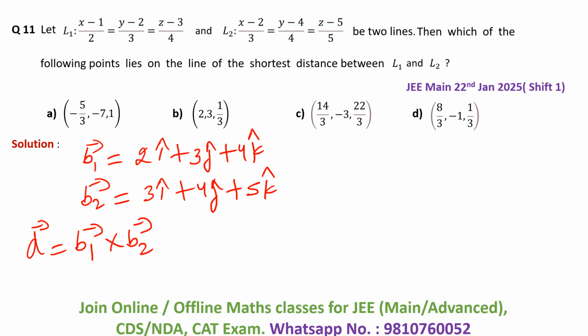That means d will be nothing but b1 cross b2, right? Now let's find the d vector first. It becomes